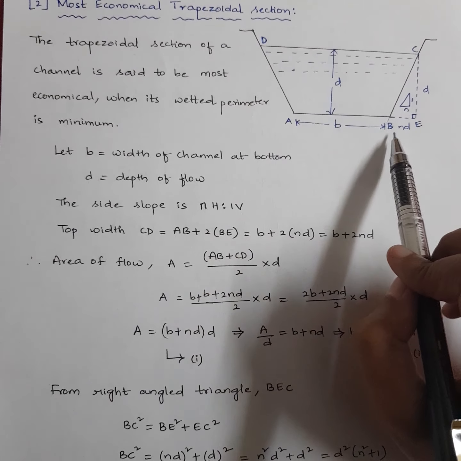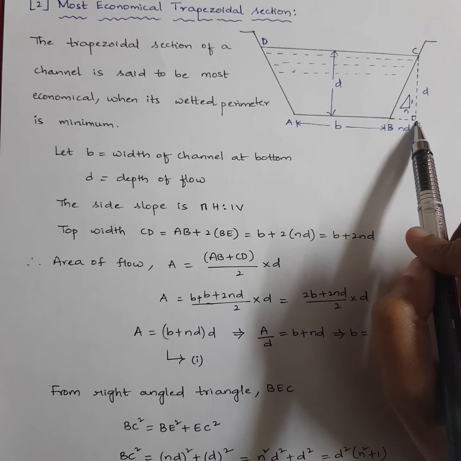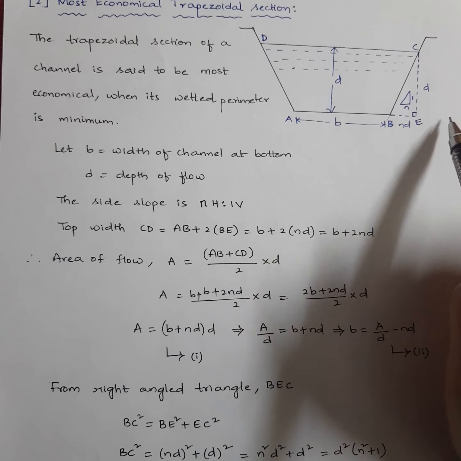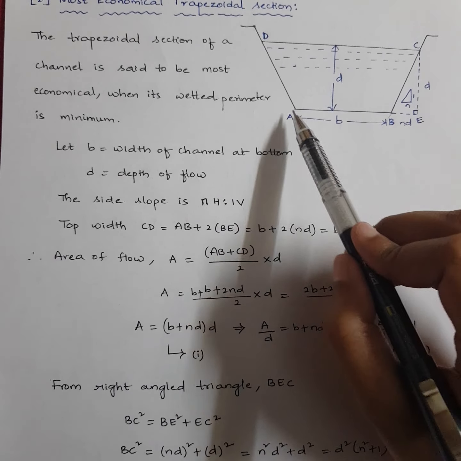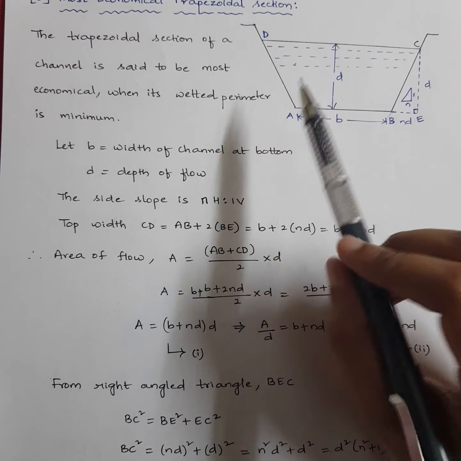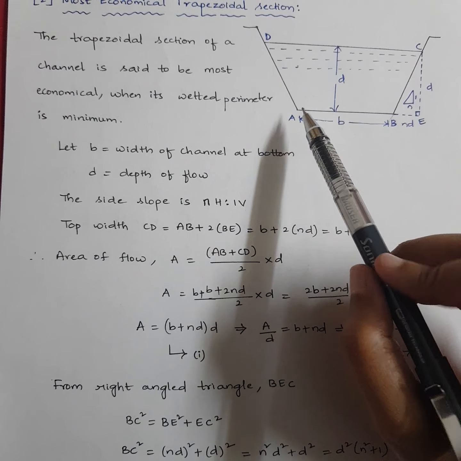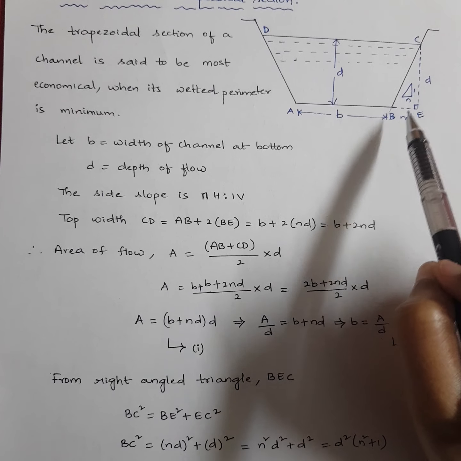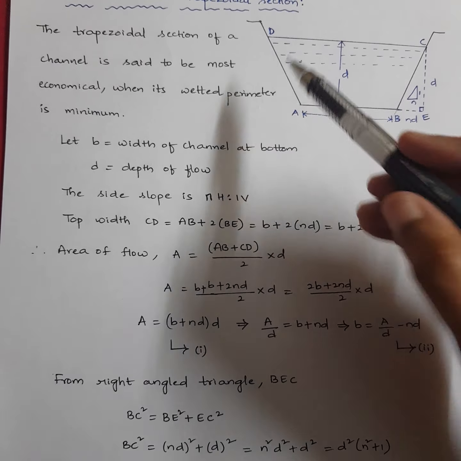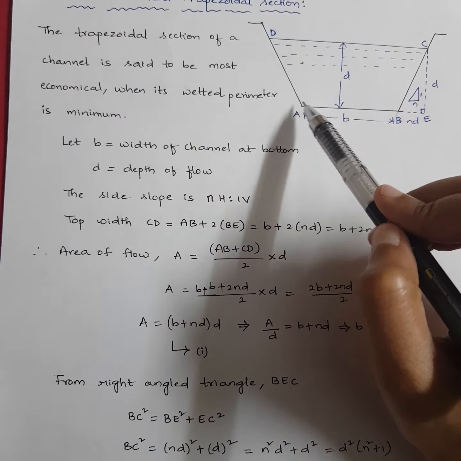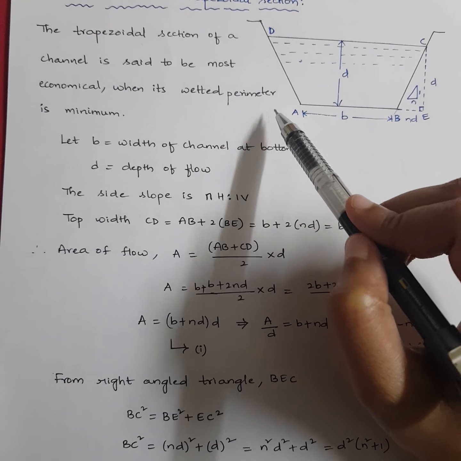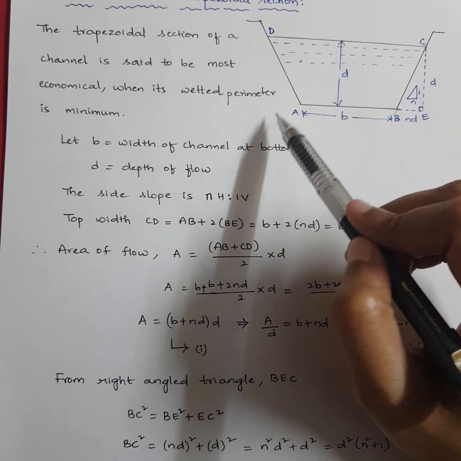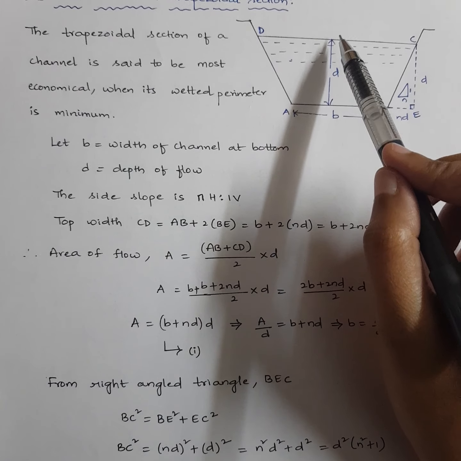Now we have drawn this perpendicular and this BE on the right side. Similarly, this same part will be on the left side also, no? So what will be your CD now? It will be AB plus 2 times nD. Why? Because this nD will be on this side also. Again, you can drop a perpendicular like this, you can join here, you will get 90 degrees here. Again this also will be n into D. So nD plus B plus nD will be your CD.